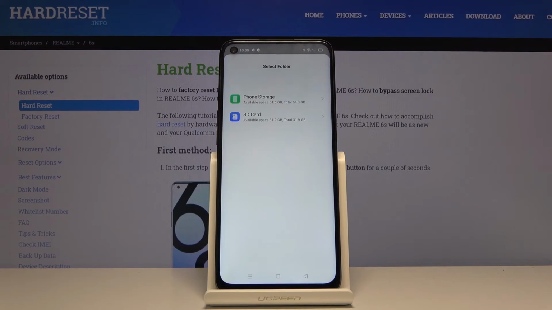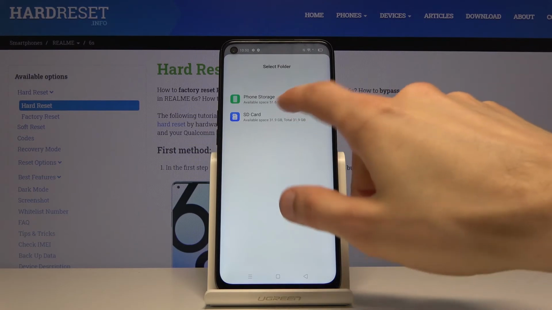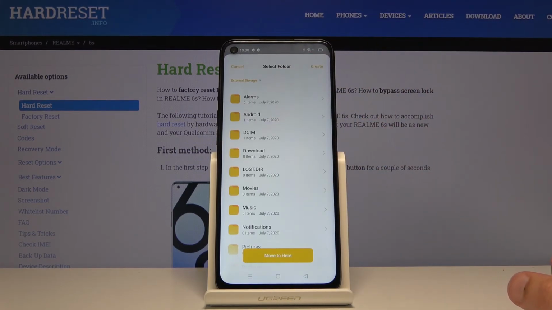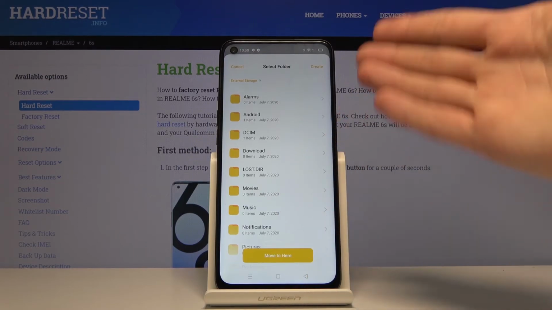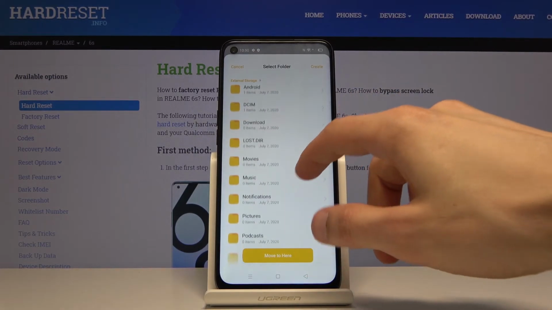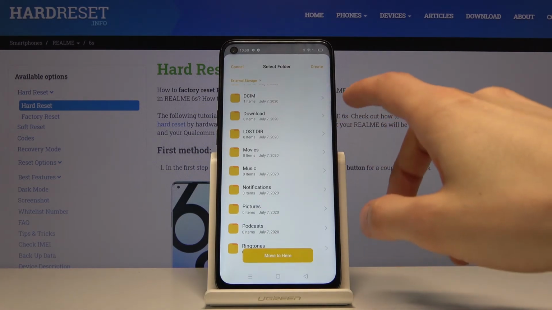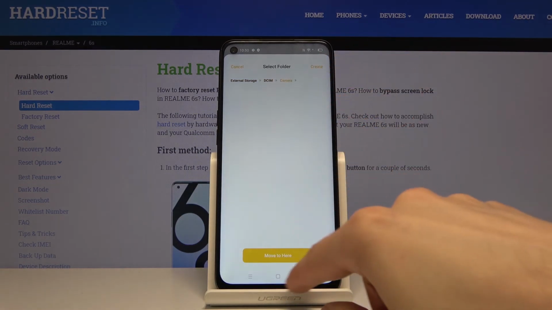Once you tap on it, it will bring up the storages. So you have the phone storage and SD storage. Choose where you want it moved. I'm going to go now to the SD card because right now it's on phone storage. I'm just going to move it as far as I can. Once you tap on the storage, it will open up all of its folders. As you can see, there is already a DCIM folder, but it will be empty. As you can see, camera has zero